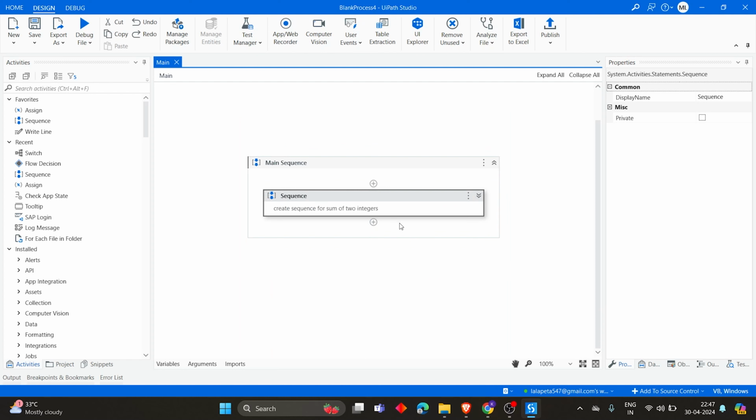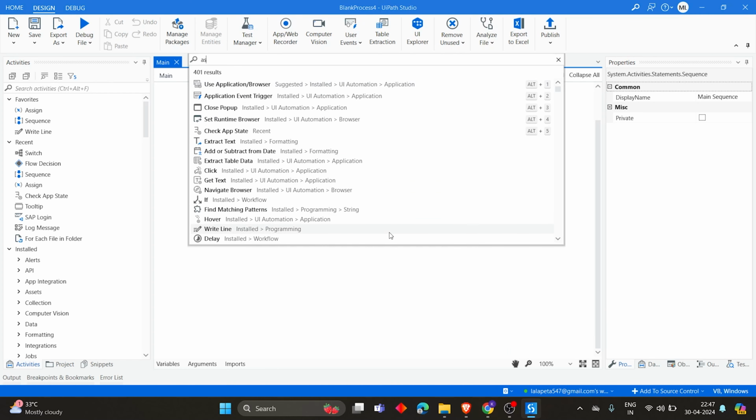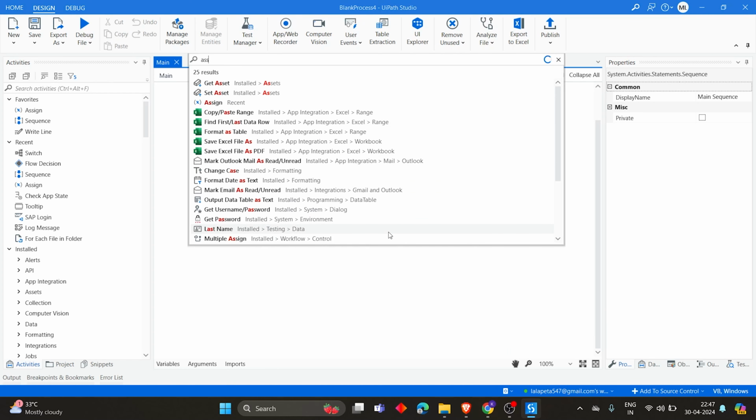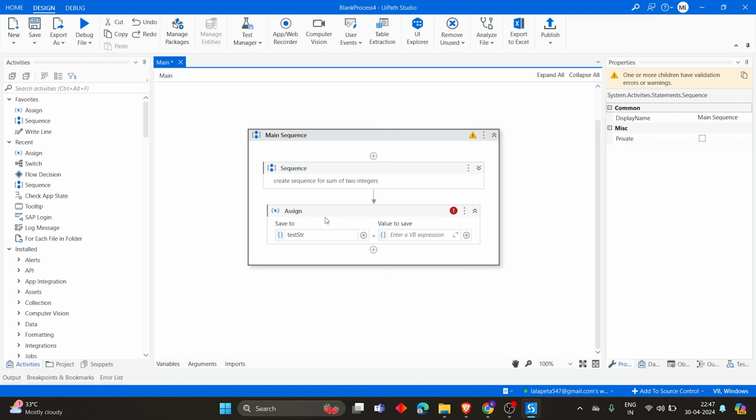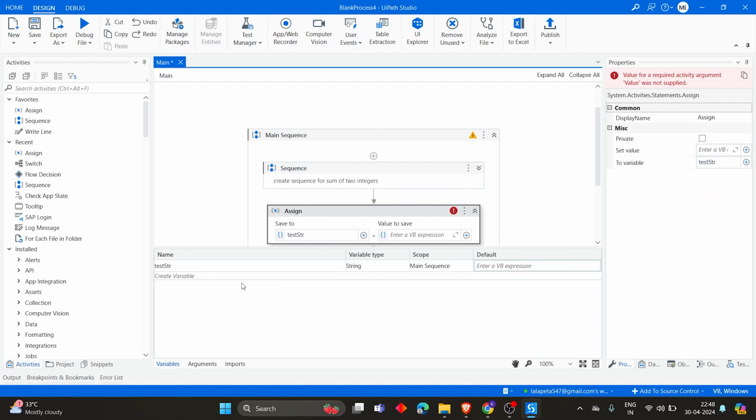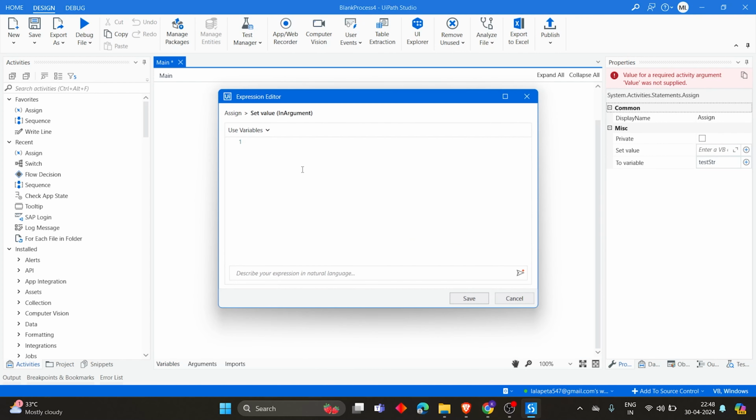And the next feature is autofix. So in general, when we use assign activities, for example, let's take a simple conversion. So let's create a test string, and let's keep it string type itself. And let's try to assign a combination of string and integer. So in general, we'll get an error saying ABC123 is not declared or it has to be